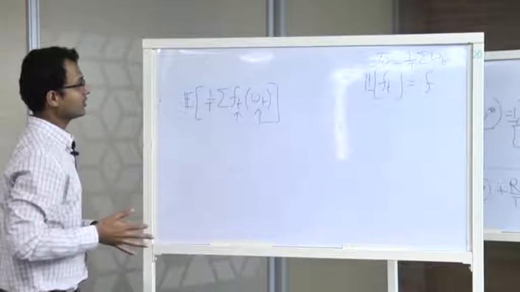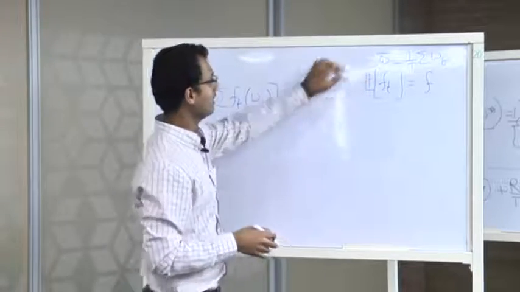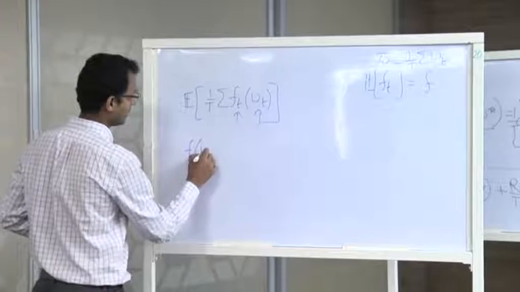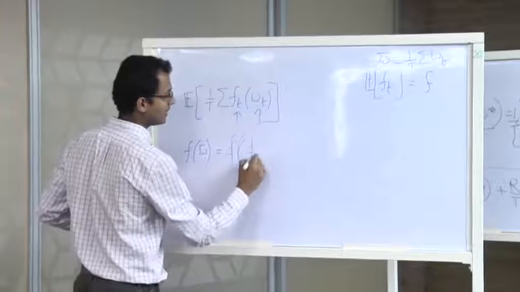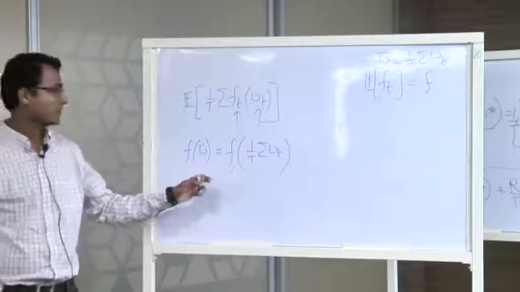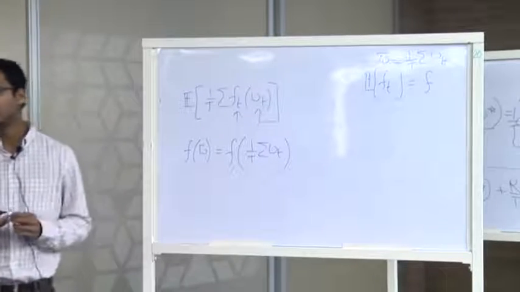Okay. Let's do something. Let's deal with this. Let's start with the right hand side. So what is F of W bar? It is equal to F of 1 by T summation of WT. That's true, right? I just replaced W bar by its definition. Now we're going to use a particular tool that should be in your toolkit,